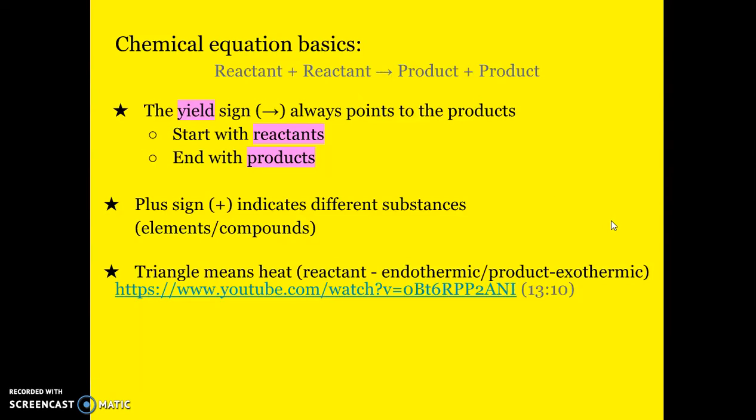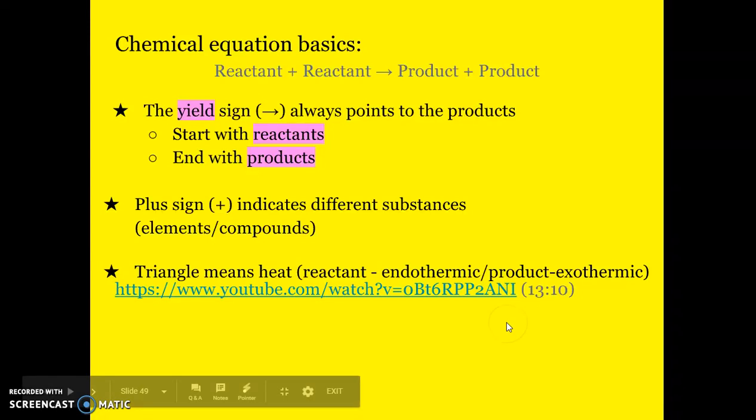But that usually means that that reaction requires heat to go. If heat is needed to make it go on the reactant side, it's going to be an endothermic reaction because it has to take in heat energy. But if energy is produced, if it gets hot, that's an exothermic reaction, and you will see it listed on the product side. So we have a video that we're going to watch in class